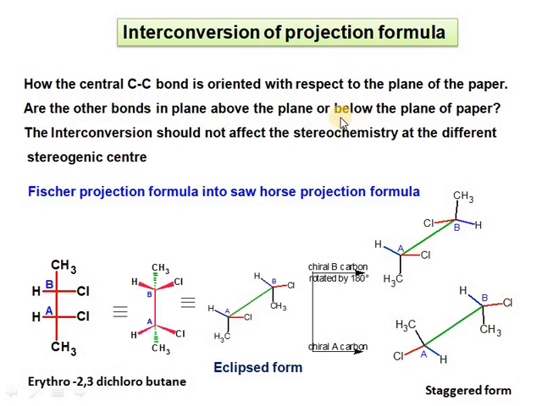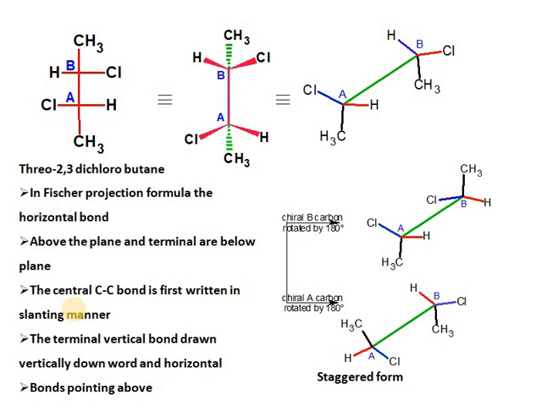This interconversion should not affect the stereochemistry, but they differ in the stereogenic center. Now we have seen this formula. So there are some points which are very important for the interconversion. Now the first point we have,